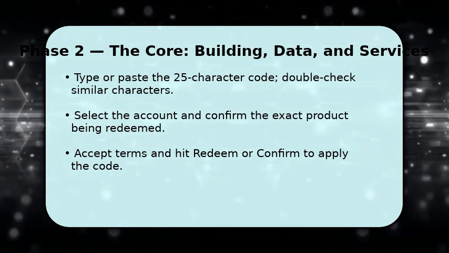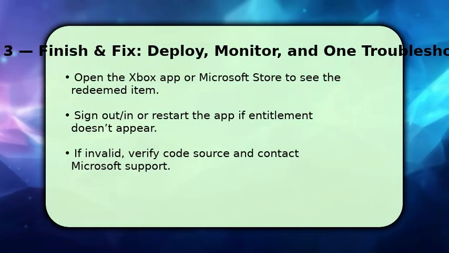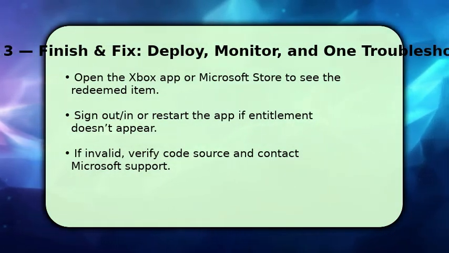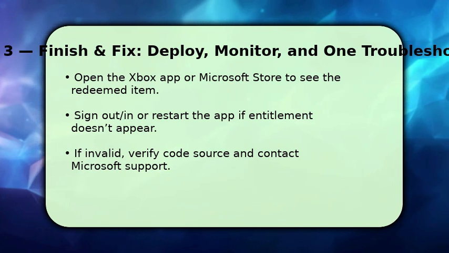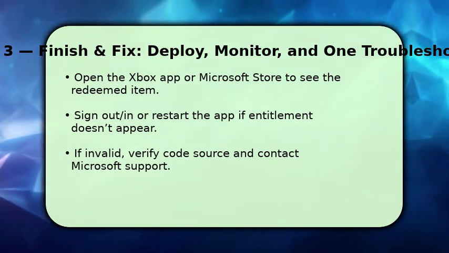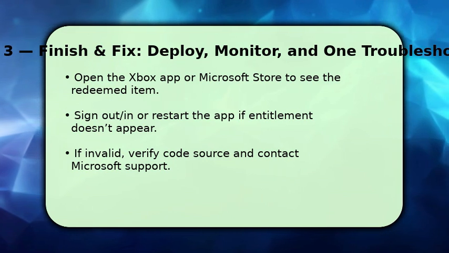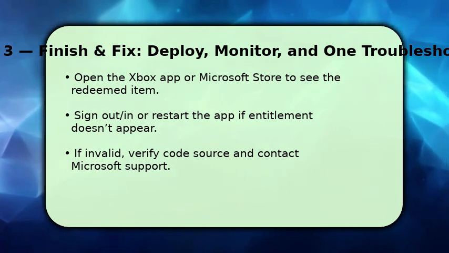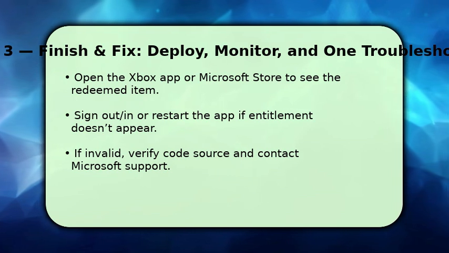Once redeemed, open the Xbox app or Microsoft Store. You should see the subscription or credit applied. If it doesn't appear right away, sign out and back in or restart the app. This forces account sync. If the code is rejected, check for common problems: already used, region mismatch, or a mistyped